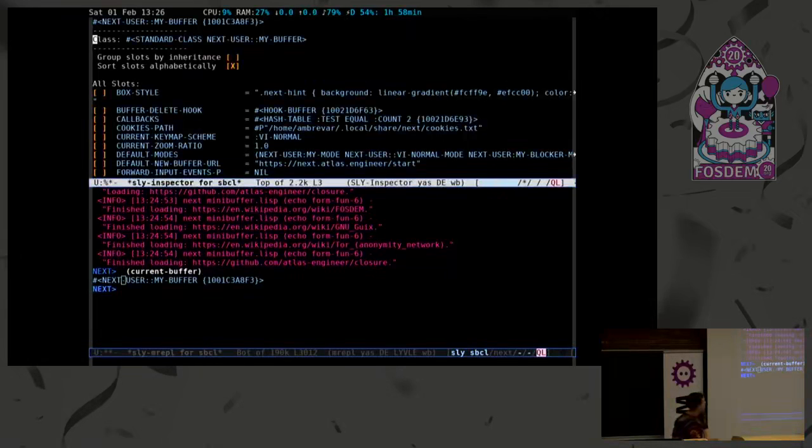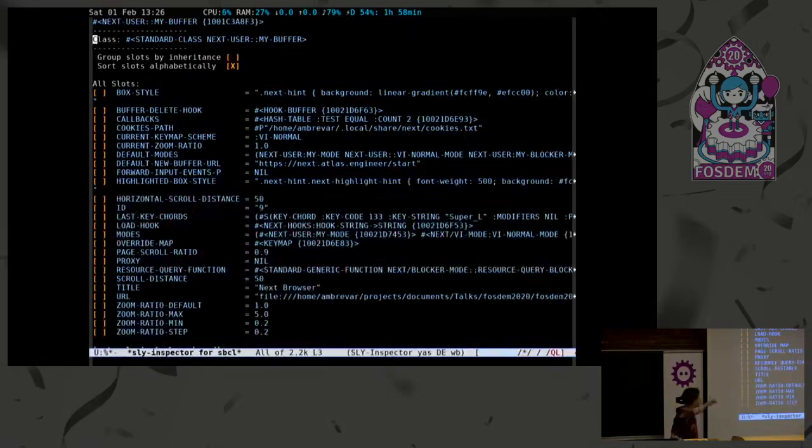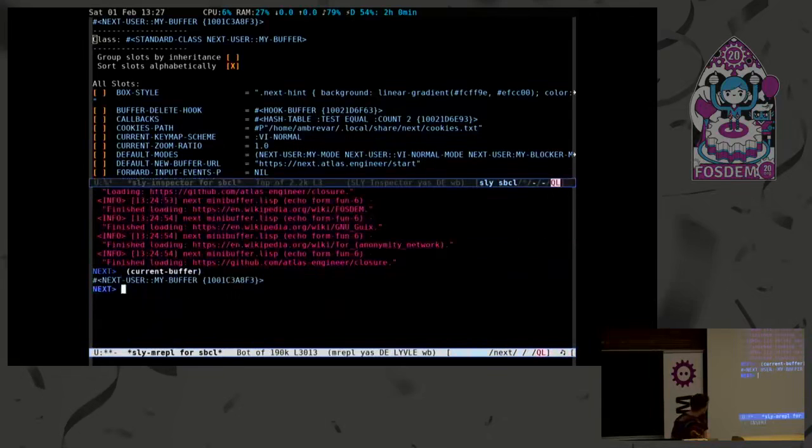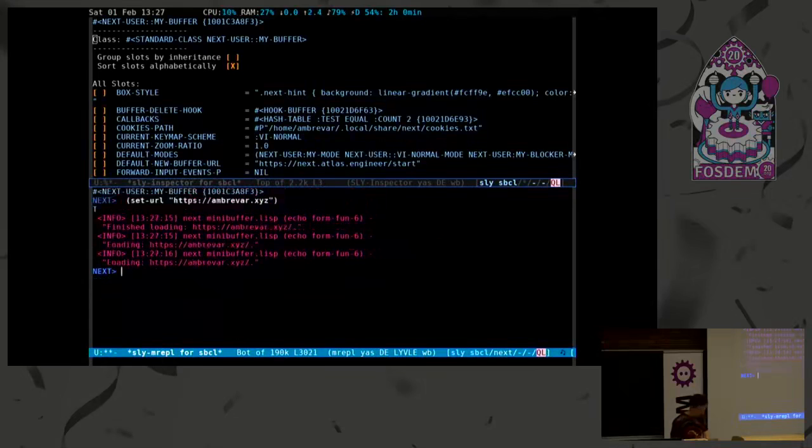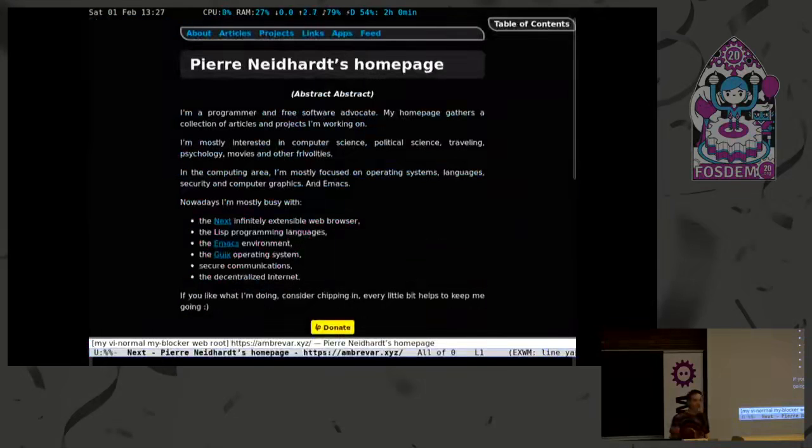And here I get, this is SLIME for Common Lisp. This is an introspection window where I get all the details, like the title or the URL, etc. And if I go back to my buffer, I can start calling functions. I can say set URL, and let's go to my website, and there, it worked.